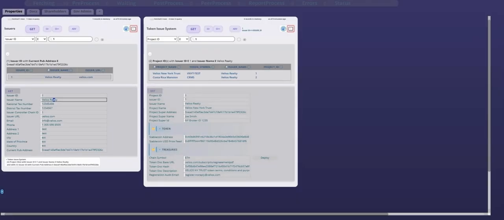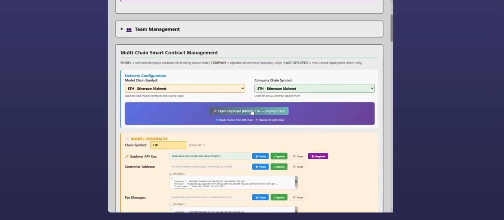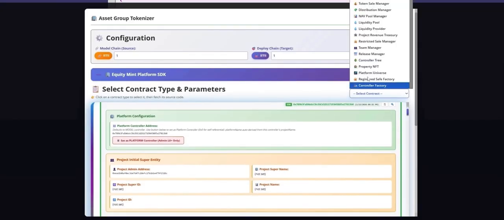What you're really creating is so much more. I'll show you here. You will not need to see this except just for conceptually to understand that what you are creating is so much more than just a token. It's a token system that gives you a lot of power, from a liquidity pool to a distribution manager to what we call a team manager and a restricted sale manager, which is kind of like a secondary market that's